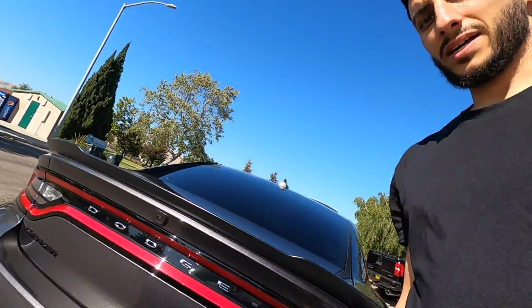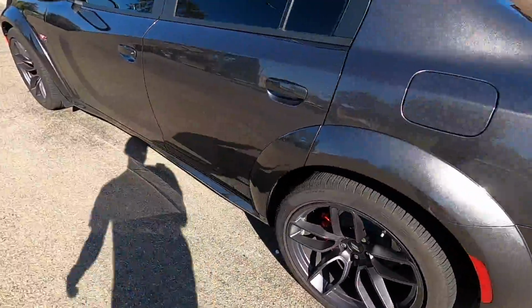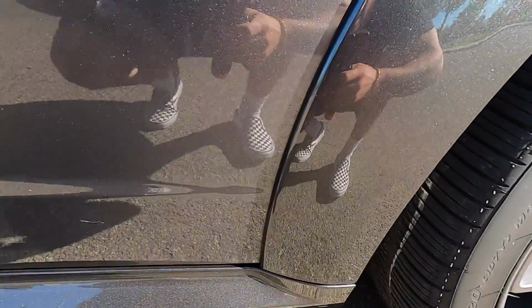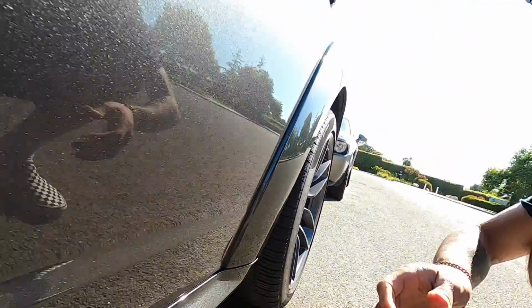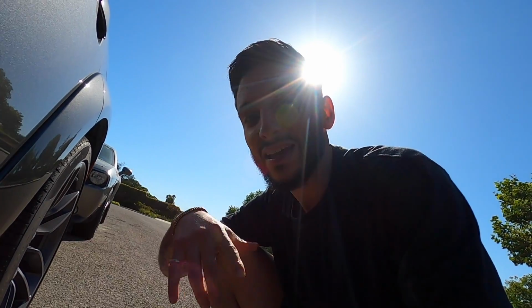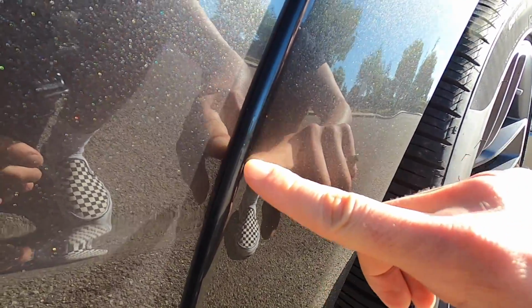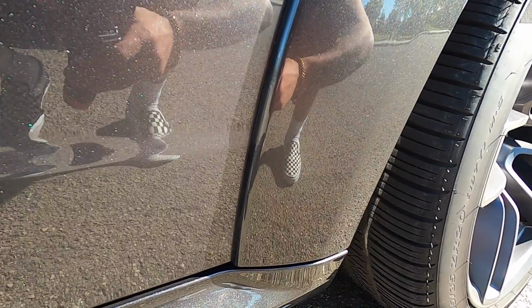Let's go check the other side and see how that looks. But I mean, as you can see, the thing is looking nice and pretty, man. But look, not too much damage on this side. I don't know why that side has more damage than this side does, but maybe because I swing it the way that I usually swing it, I don't know. That side definitely has a lot of damage, and this one doesn't have much, so I don't know why that is. But it still does have a couple rock chips in there, if you look closely. I don't know if you guys can notice it on the camera, but there is definitely some rock chippage